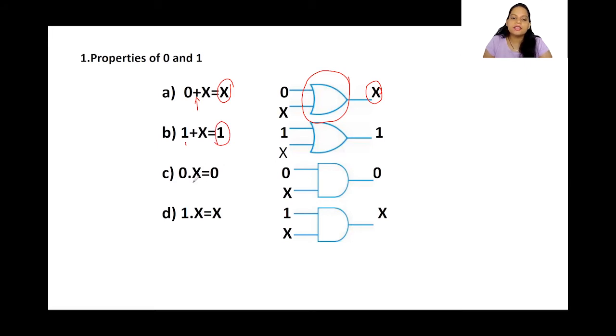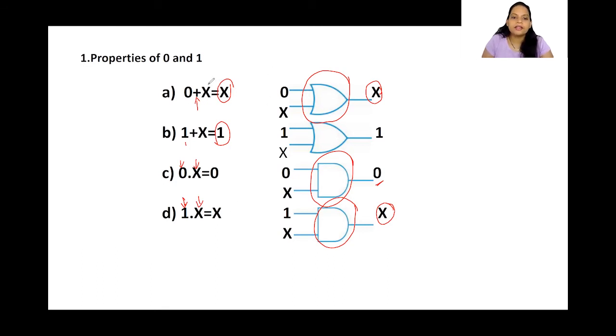What is the third rule saying? The third rule is all about AND operations. Here it is saying whenever we give 0 and a variable as an input to the AND operator, we will always get 0 as the output. And if we give 1 and x as input to an AND operator, then we will always get x as output. Okay, so let's just go ahead and prove them. So how are we getting these?